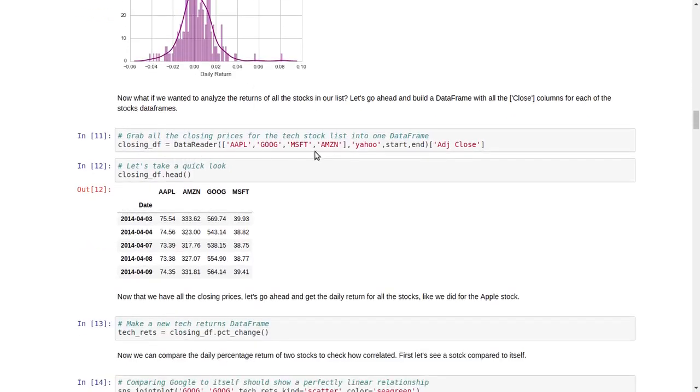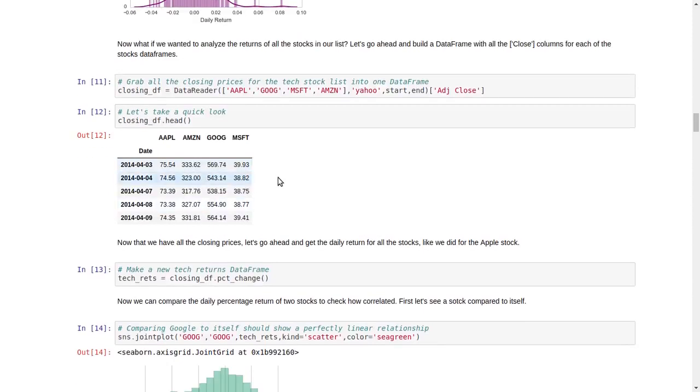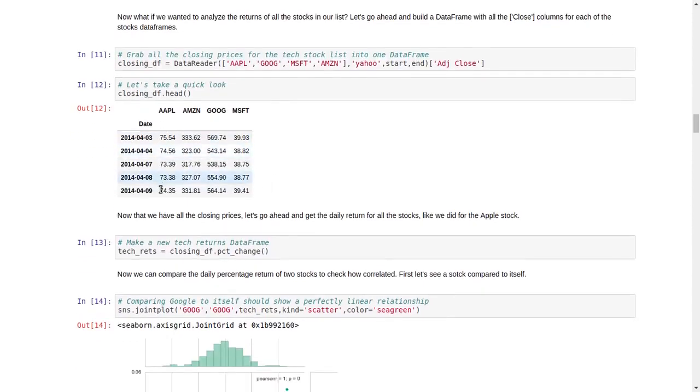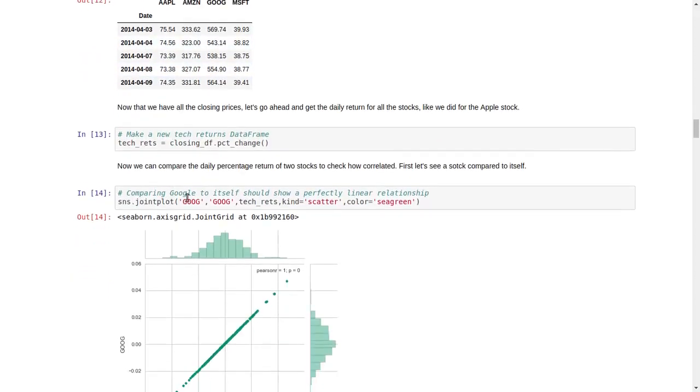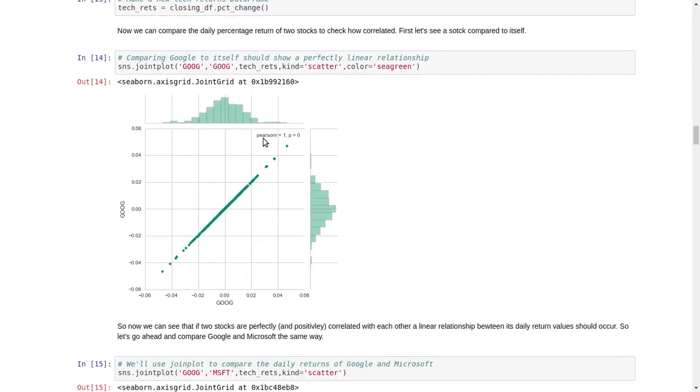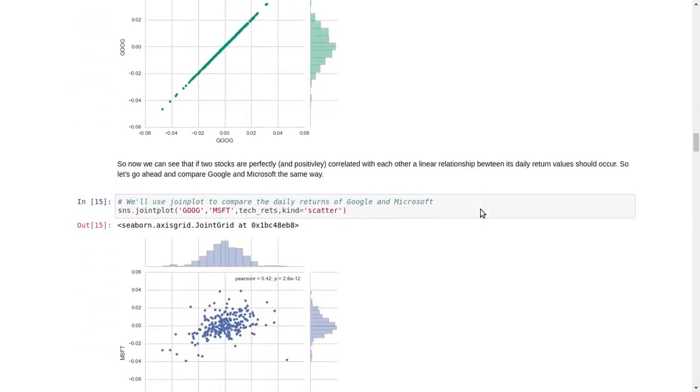Now we have the data frame for closing price over here, and this is the closing price of all those companies on the respective dates. Now we have used Seaborn for further plotting of Google company.